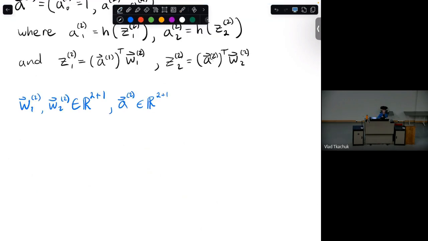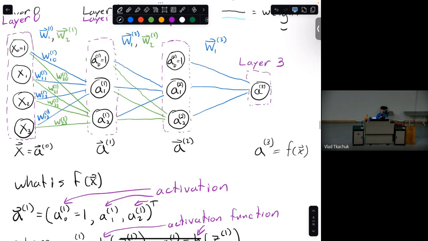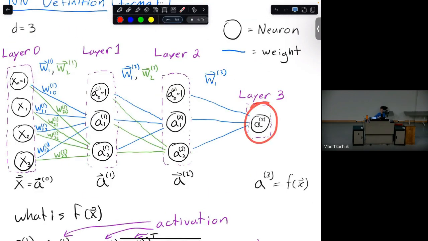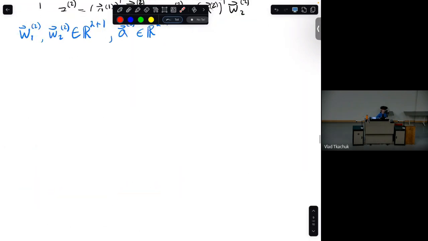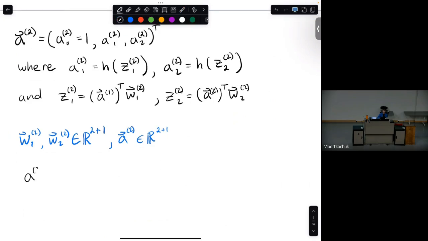Okay, maybe let me just finish this. And then we have one last neuron, which is the output neuron. This also follows the exact same pattern, but there's just one of them, so this one's super straightforward. Here you will just have A of 3. It's just one number. It's not a vector. It's the activation function applied to a linear function. And that linear function we unsurprisingly label Z3.